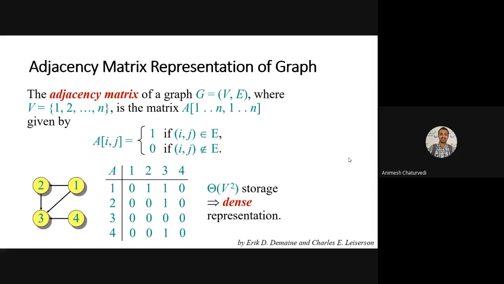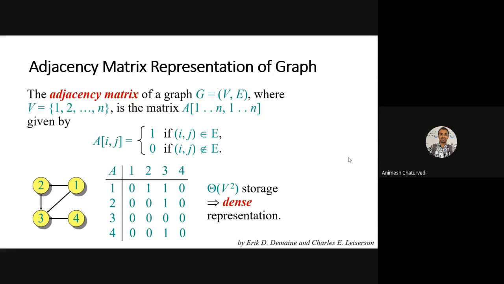If there is an edge connection, meaning from 1 to 2 there is an edge, it is represented as 1. And if there is no edge between two vertices, it is represented as 0.